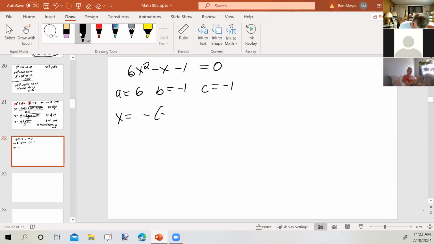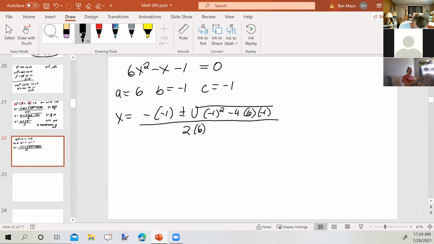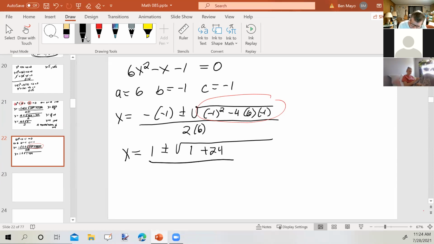X equals negative b plus or minus the square root of b squared minus 4ac, all over 2a. The place that people make the most mistakes is inside the radical, messing up the sign. So be really careful with that. Okay, so x is the opposite of -1 is 1, plus or minus the square root of -1, the quantity squared, is 1, minus 4 times 6 is negative 24, times negative 1 would be a plus 24, all over 2 times 6,